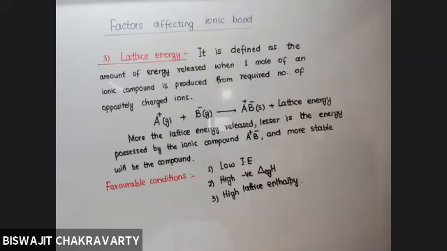So hence we can say that the first participant should be having low ionization enthalpy, which means that it should be more metallic. And where do you get the more metallic characteristic elements in the whole periodic table? You get it in period one, group 1 and group 2, or not? Yes, sir. Okay.